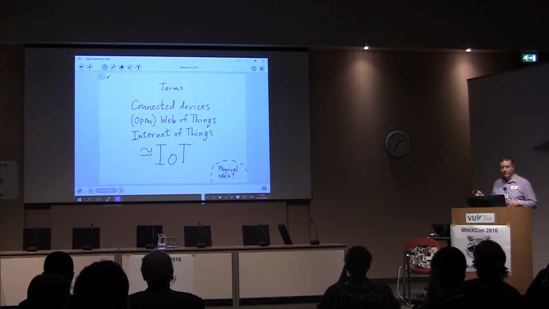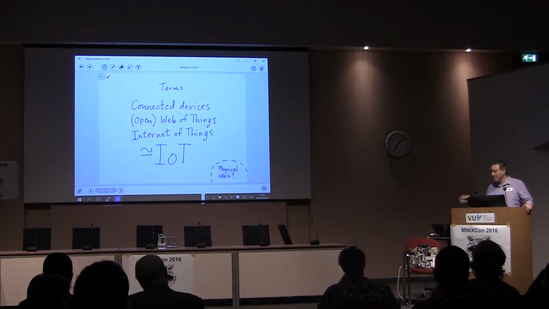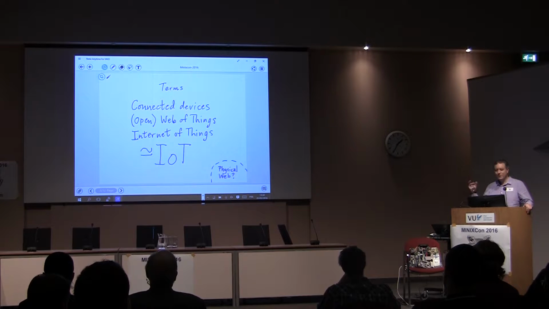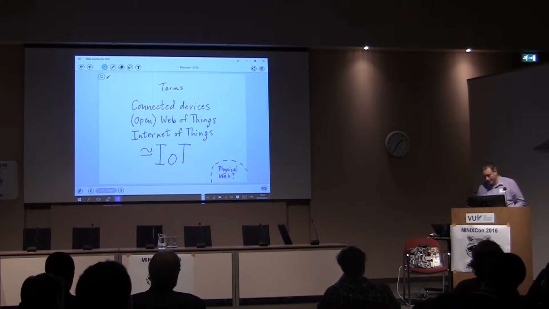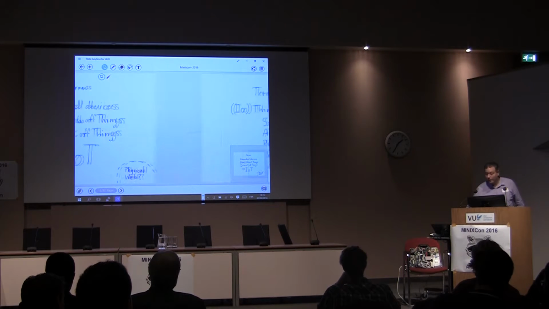There is something interesting coming up from the Google corner. They've come up with a technology which they termed the physical web. This is very specific to beacons and Bluetooth, so we probably don't have time to cover it, unfortunately. Usually within an hour I do. But it means turning inanimate objects into IoT devices. So you have a tree, you don't know if you want to cut it down or not, and it gives you a notification because you've placed the Bluetooth beacon on it. Right? That's basically the physical web.